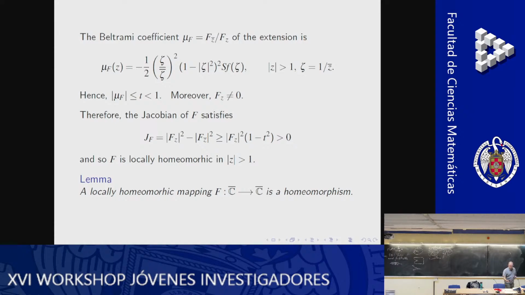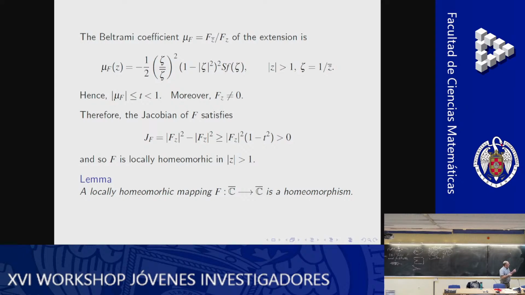Actually, Ahlfors, many years after his article with Weill, comments upon this, that this is the reason why we like explicit quasi-conformal extensions, because it's a new way of proving univalence in the interior. You write down the formula you like. You make sure that it glues correctly at the boundary, and you show that the Beltrami is less than 1, bounded away from 1 at the exterior. Therefore, applying this topological lemma, you have a homeomorphism of the whole Riemann sphere, and therefore the function you started with is univalent. Okay.